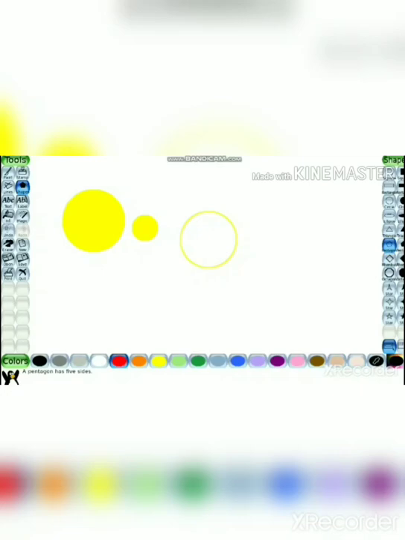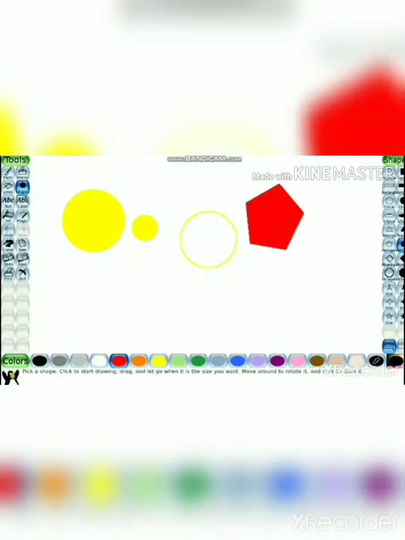Let's try with some other shape, and if you can see, I have taken a pentagon by choosing a red color from the color palette. I have taken a filled pentagon and an unfilled one also, so you can see the difference between the two. This was about the difference between filled and unfilled shapes.